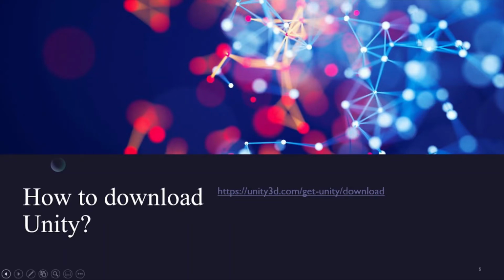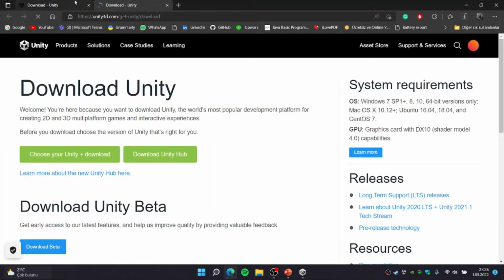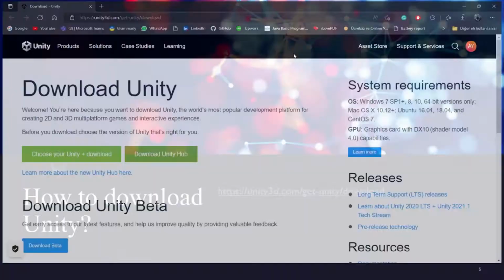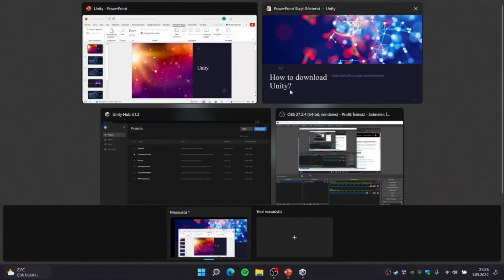How to download Unity? Clicking this button will go to this website. By clicking this Download Unity app button, it will start the downloading process. After the download is completed, you will see a